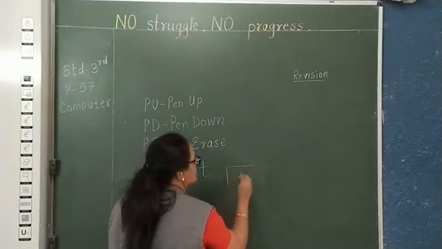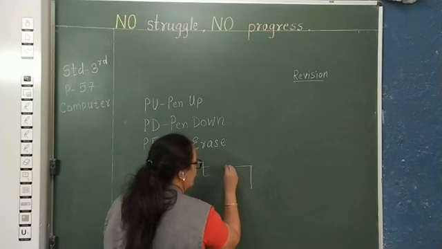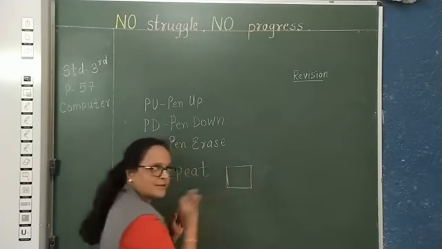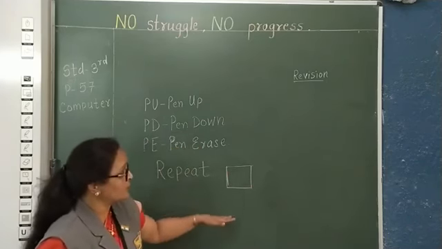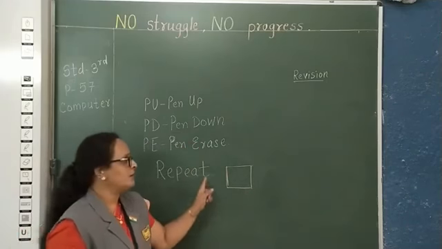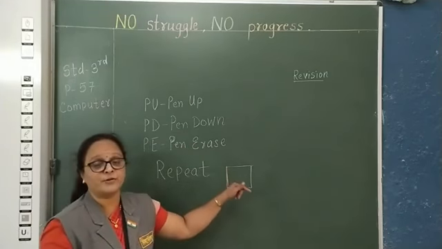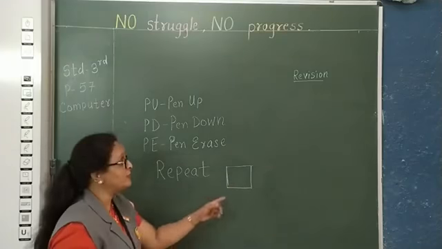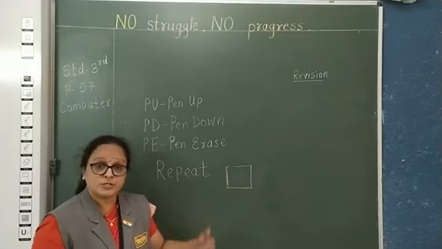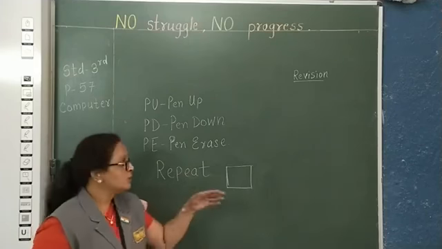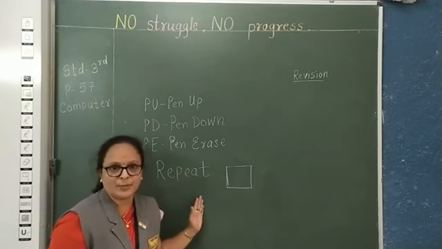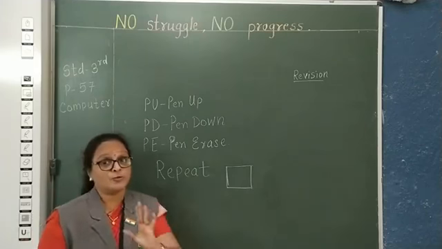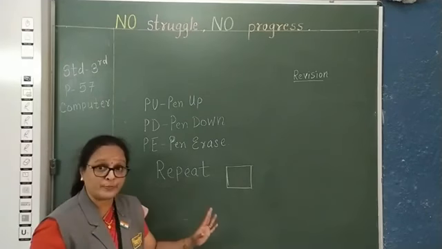Now say for example, if I want to draw a square on the screen, isn't it? Here there are four sides. Now when we start with the commands like FD50 RT90, FD50 RT90, these commands are repeated a number of times in this figure. So instead of writing all these commands, you can use the repeat command, isn't it? Now you're getting it very well. What do you mean by the repeat?